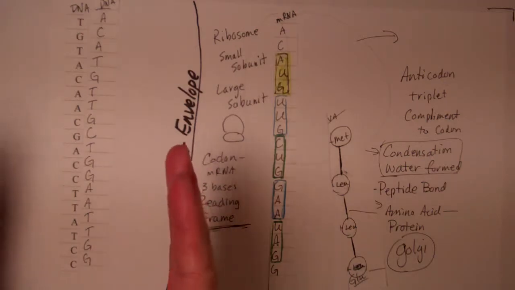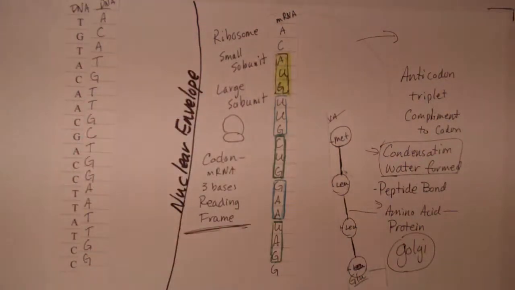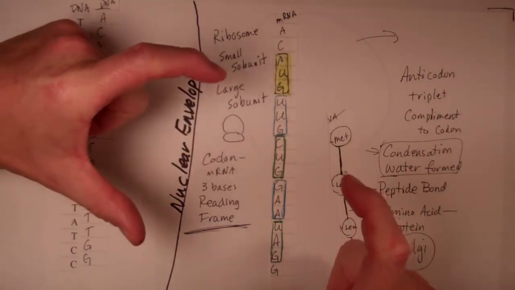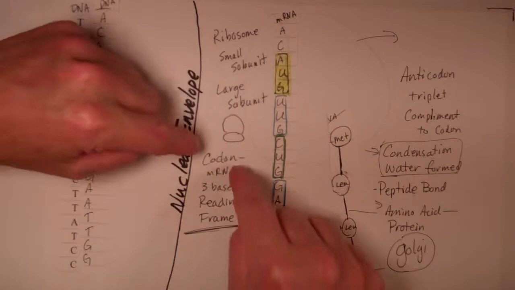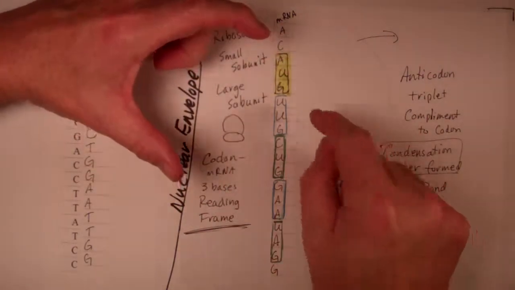Remember, transcription occurs inside the nucleus. Translation occurs inside the cytoplasm. Translation uses mRNA, so does transcription. Translation only uses tRNA, only found out in the cytoplasm here around the ribosome. The ribosome is what's going to read it. It's going to set that 3 base pair, that triplet, that codon to read,